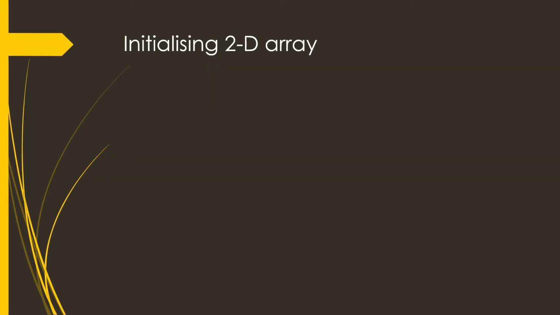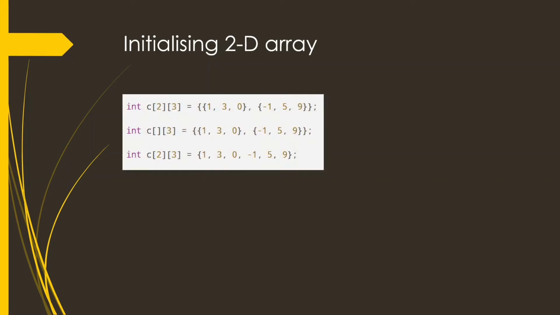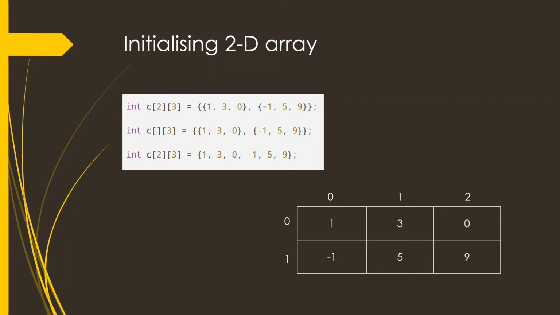There are multiple methods in which you can initialize a two-dimensional array. In Method 1, we are defining both of the dimensions of the array, that is 2 and 3, and then using curly braces we are defining the elements of each row within it. Suppose we have 1, 3 and 0 within one pair of curly braces and -1, 5 and 9 within another, and these are the values that will be entered in the consecutive rows,